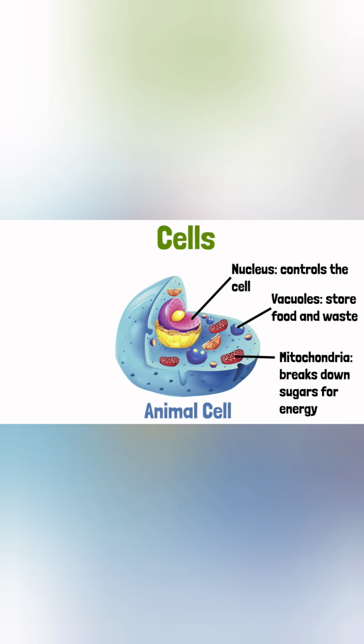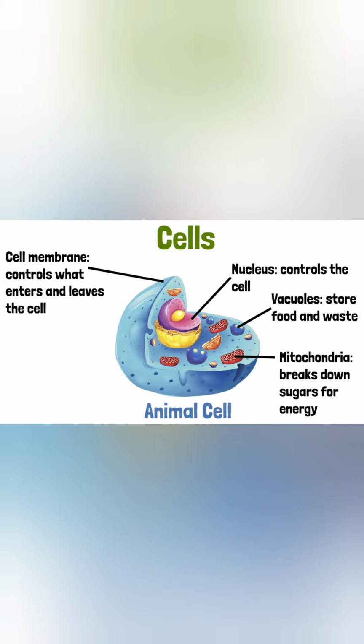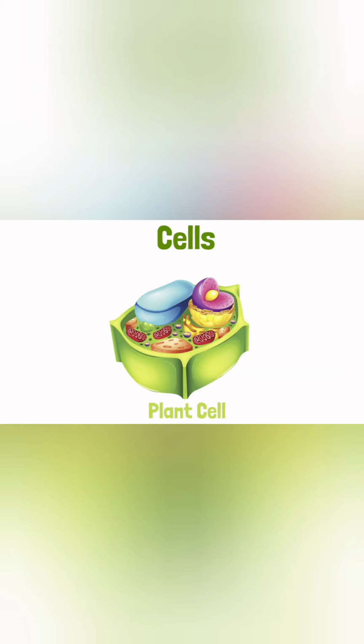Mitochondria. It is the powerhouse of the cell and gives energy to the cell by the breakdown of sugar. The cell membrane is a thin skin around the outside of the cell. It prevents the cell contents from escaping, but it does allow substances like water and other small molecules to cross in and out of the cells. This is the function of the cell membrane. Cytoplasm is all the living matter except for the nucleus. It is a jelly-like substance which is fluid and can flow. Cytoplasm keeps organelles in place.